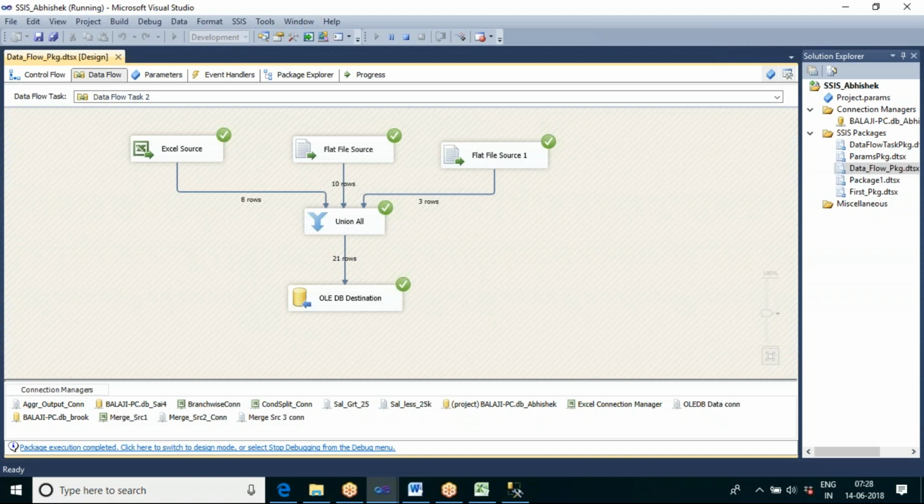So these are the two differences. Merge will accept sorted data and give us sorted output by default. But will union all give us the sorted output? Let us see.